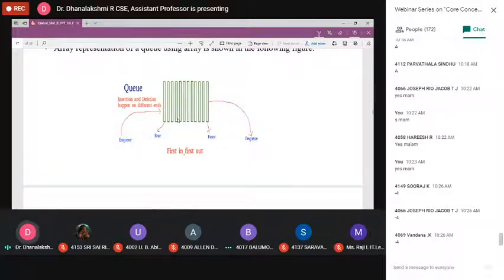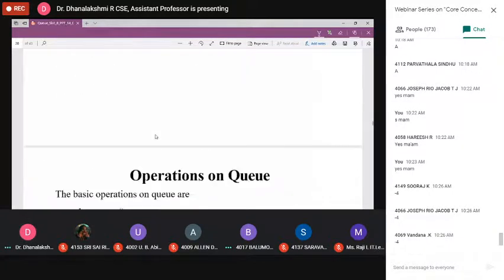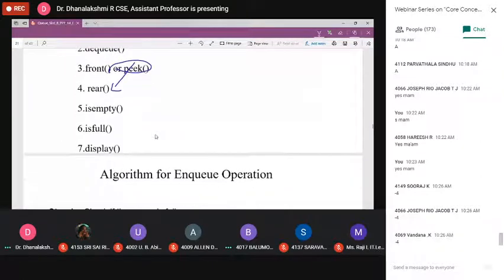Already I told you, if you want, you can write a front-end pointer wherever you want to specify it. Based on that, it will return. If you keep front here, it will always return the first element in that queue. Here it is rear. It always represents the topmost element, the last element in the queue. So here you can call the function rear. It always returns the last element in the queue. Front always returns the first element in the queue.